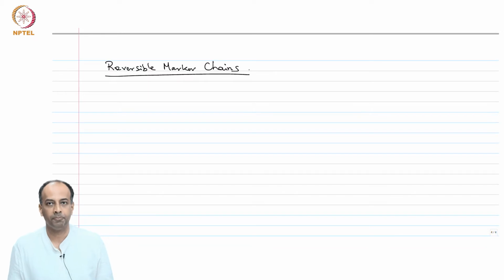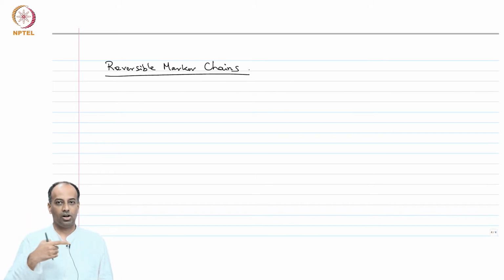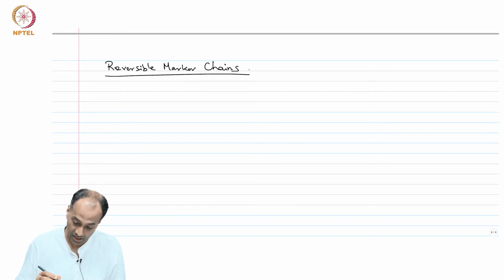Welcome back. In this module, we will discuss the very important topic of reversibility and reversible Markov chains. Intuitively speaking, a Markov chain is said to be reversible if the statistical properties of the chain with time running in one direction are indistinguishable from the statistical properties of the Markov chain when time runs in reverse. And we will see when that happens in a little bit. So, that is the topic of this discussion.